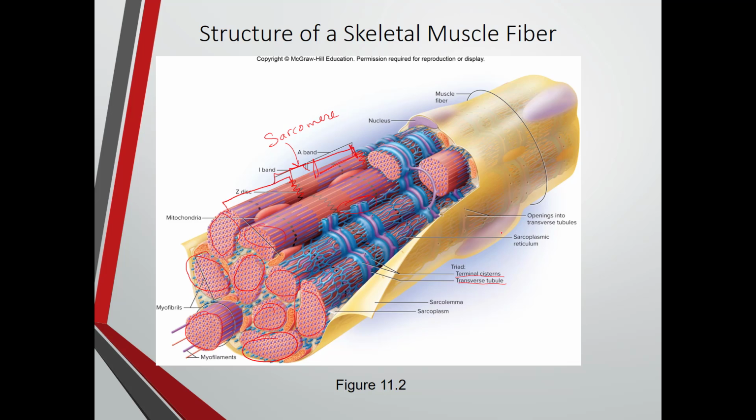One other thing, you can see here's the nucleus, and this whole thing is surrounded by a sarcolemma, which is in yellow. It's this structure right there. And it is then surrounded by endomysium,